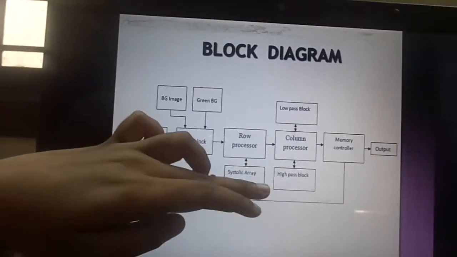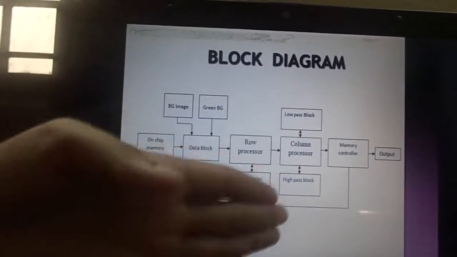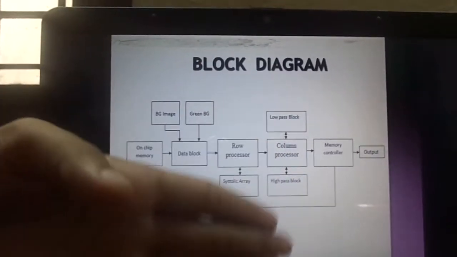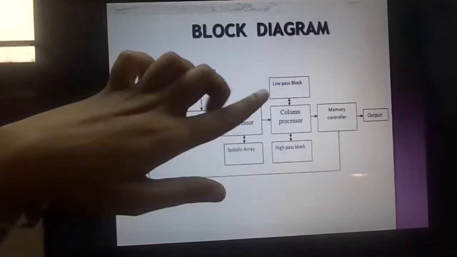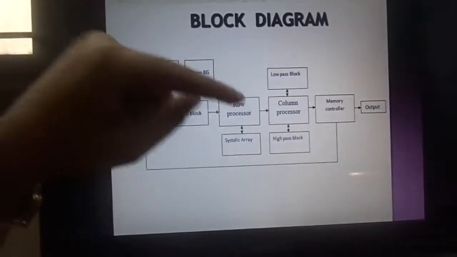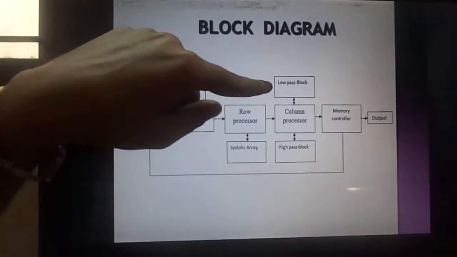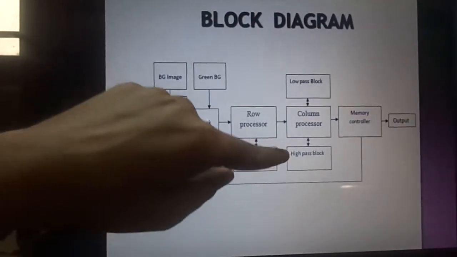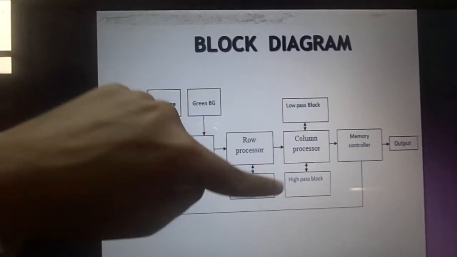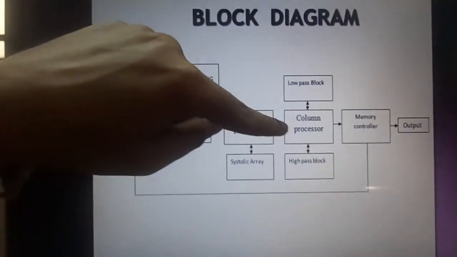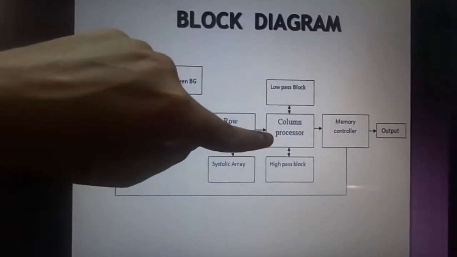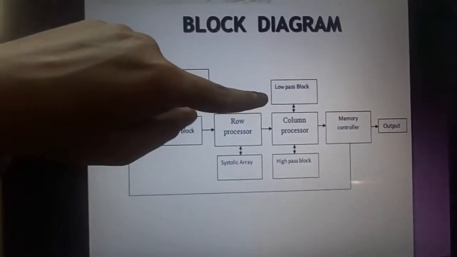Here the processing will be done vertically, based on the column. And when the processing is going on, it will be made sure that it goes through a low pass filter or a high pass filter. That's why we have a low pass block and a high pass block. So whichever block it has to go through, the column processor will transfer it to that particular block.